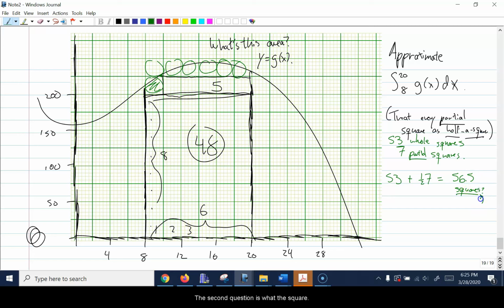Now the second question is, what's a square? Well, to work that out, I go back to the x-axis and the y-axis. What was a square? This distance on the x-axis is 2. This distance on the y-axis is 25. So each of these squares isn't really a square, it's a 2 by 25 rectangle. So the area of a square is 50. So each of those 56.5 squares represents an area of